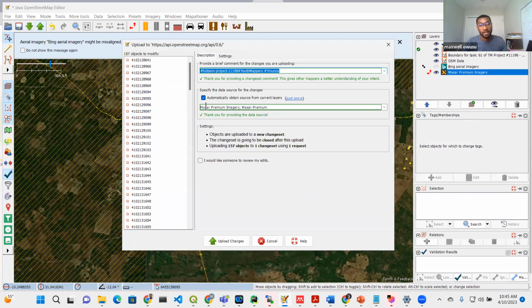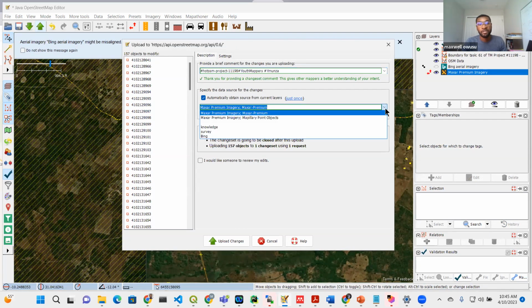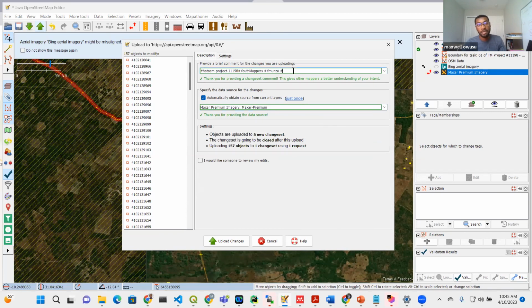Note that it will automatically populate the imagery that I used. But if I am using both imageries, and I also included Bing in making my decision, I also want to add it, so I will select Bing. If I used Maxar, I want to select Maxar. And then I'll add my changeset tags of what exactly I did, like